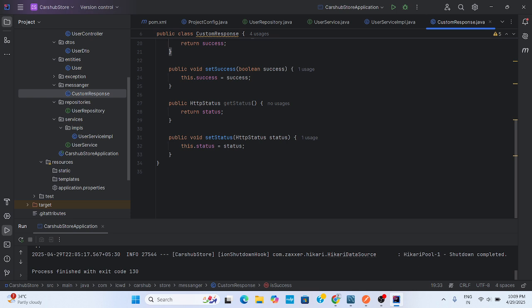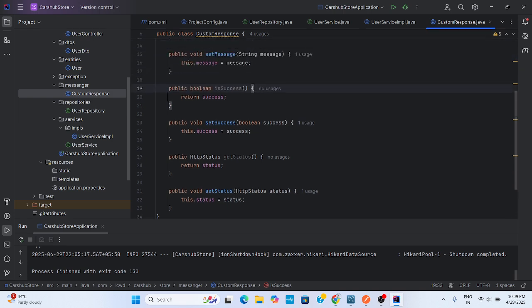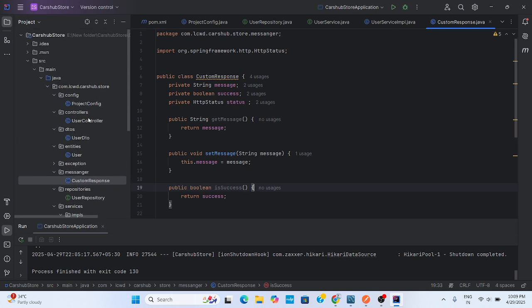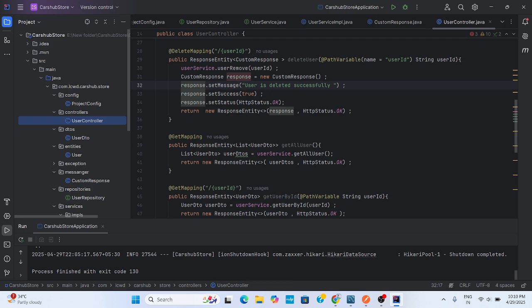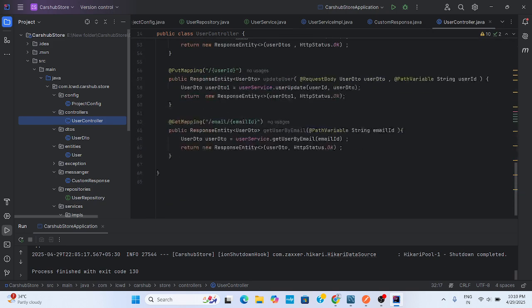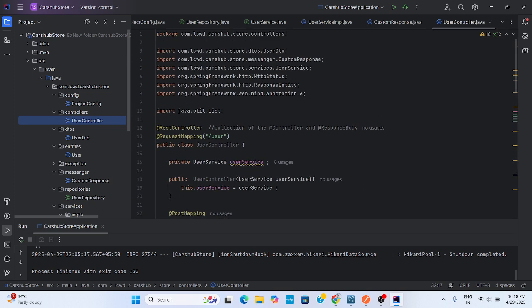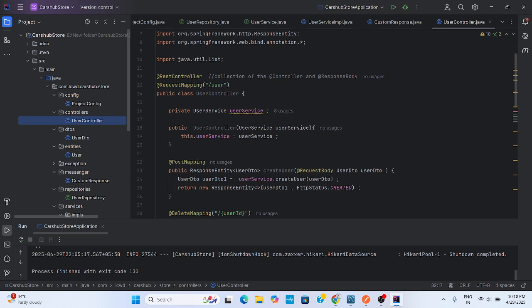For REST API testing we will use the Postman client. We will check whether all the endpoints handle the requests or not, and what issues come up in the REST API, so that we can improve them.